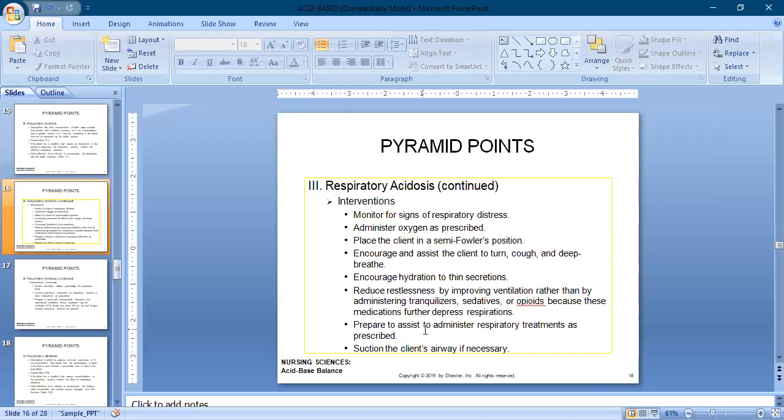So if your patient has respiratory acidosis and you went for blood gas analysis, definitely we have to know the normal blood gas values: pH, partial pressure of oxygen, partial pressure of carbon dioxide, and bicarbonate ion. If you know what is normal, then it will be easy for you to find out the abnormal. So in this PowerPoint page, we are talking about